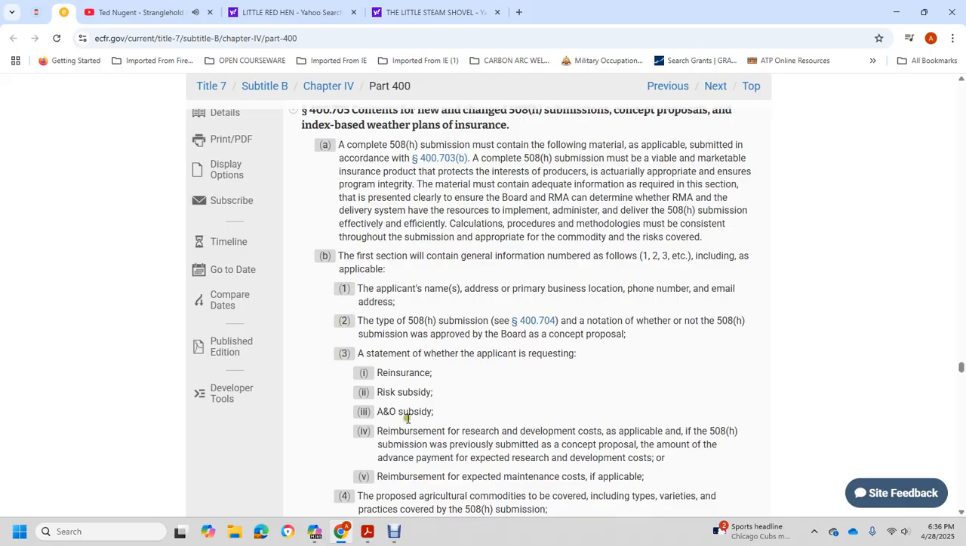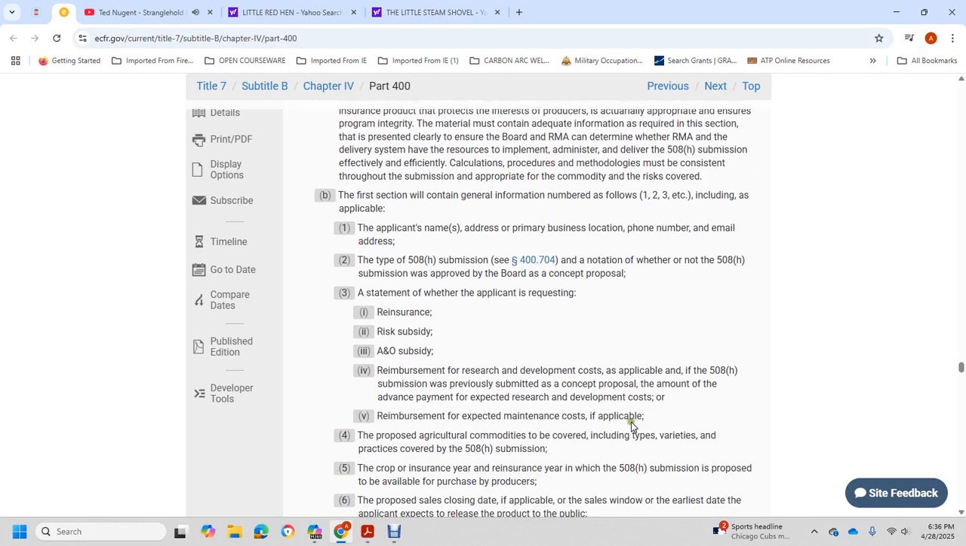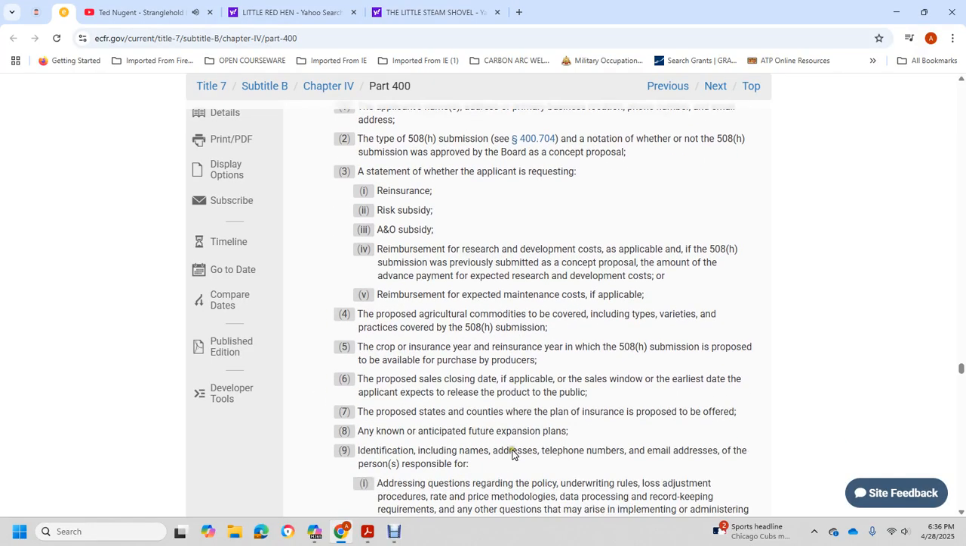A statement of the applicant's request for reinsurance and risk subsidy, and for reimbursement of the research and development costs of the applicant's 508(h) submission, with any previously submitted concept proposal, the amount of the advance payment, the expected research and development cost reimbursement, and the expected maintenance cost of the applicable proposal. The coverage includes the type, variety, and practice covered in the 508 submission, the crop, and